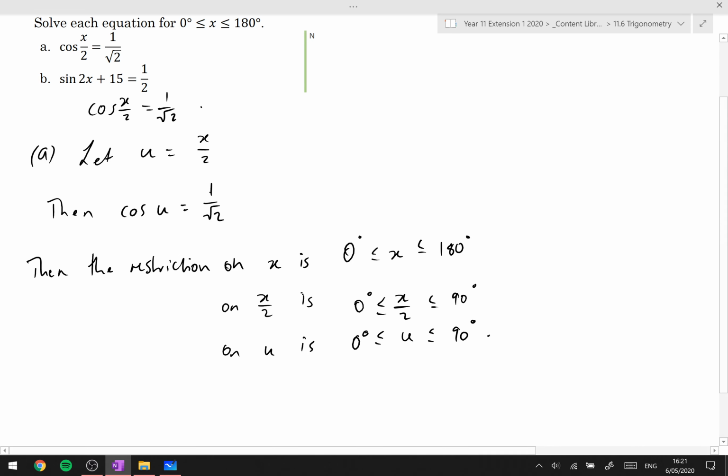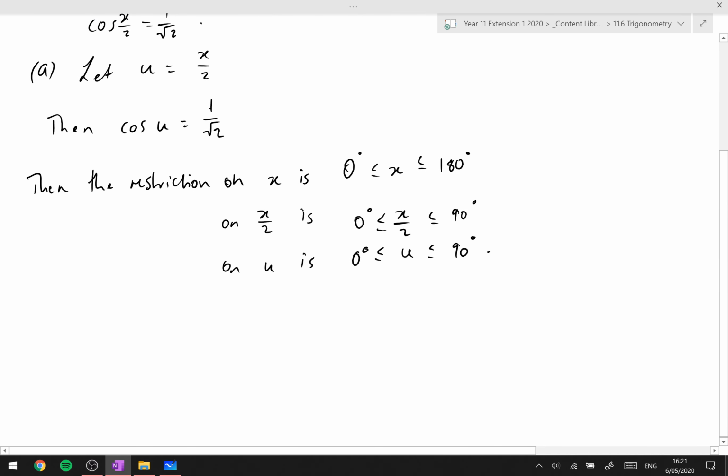So we're looking for when cos of u is equal to 1 on root 2 between 0 and 90 degrees. So we want cos of x on 2 between 0 and 180, but it's going to be an equivalent expression of cos of u between 0 and 90 degrees. Okay? So, to continue on, we need to find when is cos of u equal to 1 on root 2? Okay? Well,